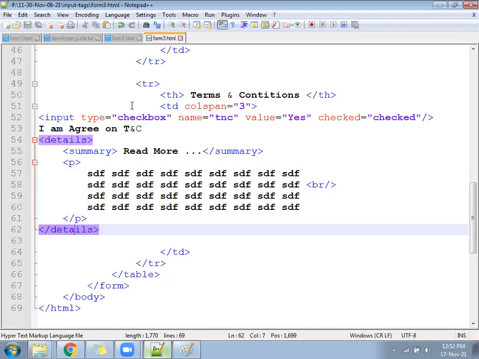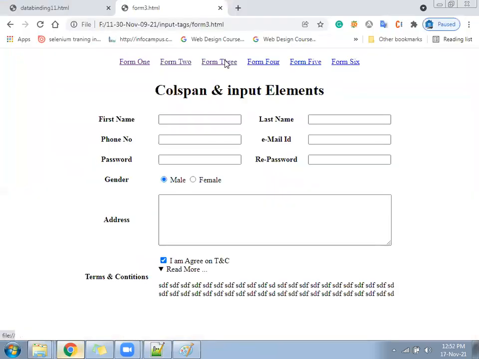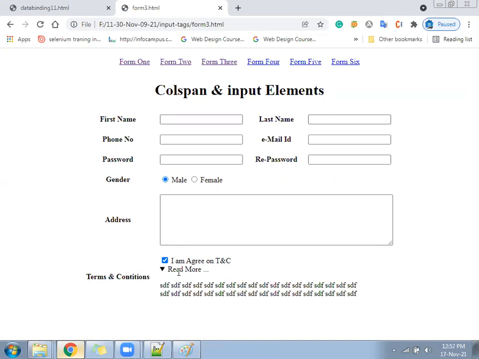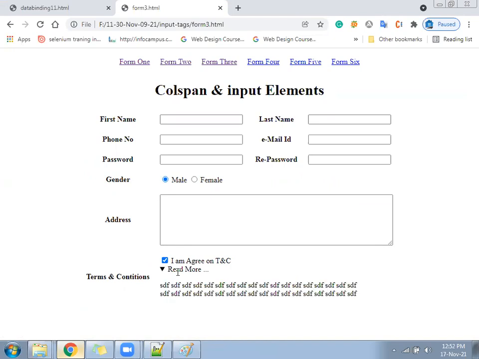Here is one problem that we are going to fix through valign. We have left one property called valign. You can see here, when we go here, the term condition is as of now here. When we click on read more, it's moving a little up and down. Read more is moving up and down. Right? Because by default valign is middle. Valign has the properties top, middle, and bottom.